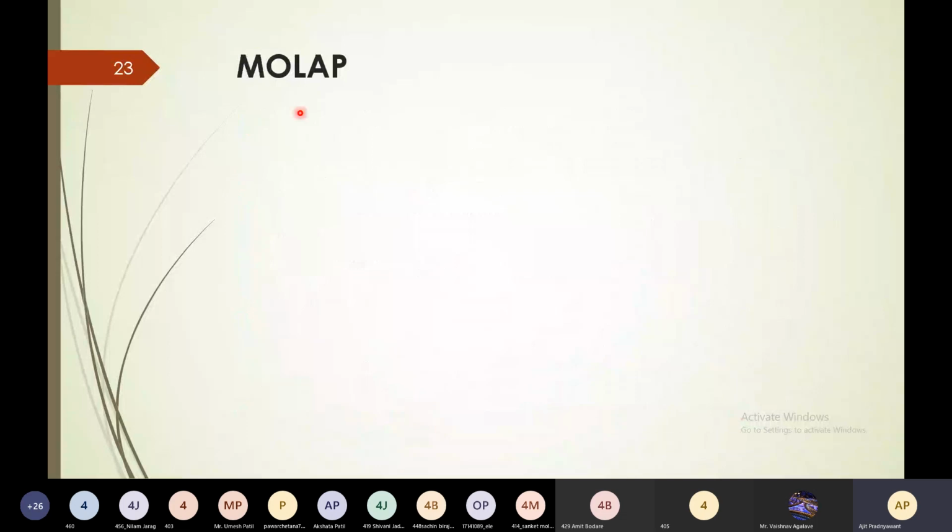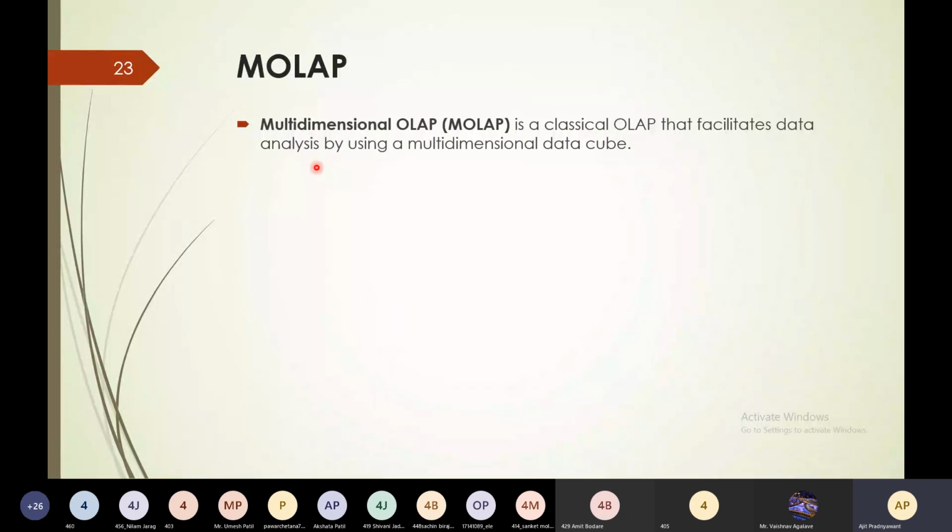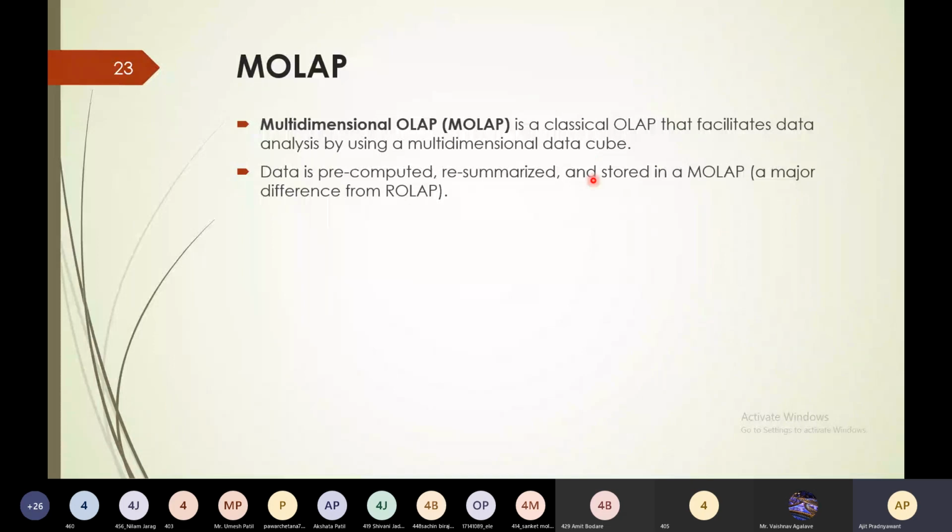So next is multidimensional OLAP. This is the classical OLAP that facilitates data analysis by using a multidimensional data cube. In this, data is pre-computed, re-summarized and stored in MOLAP. So this is the major difference from ROLAP.